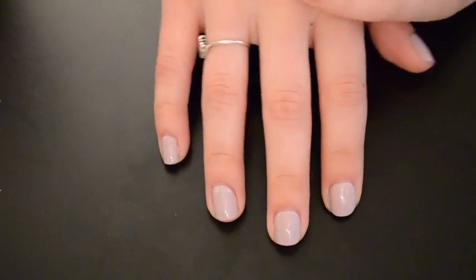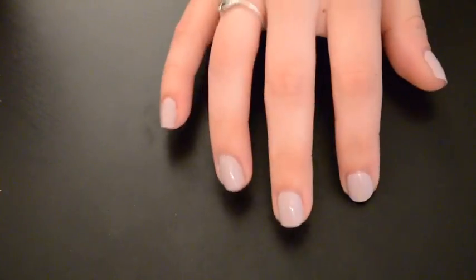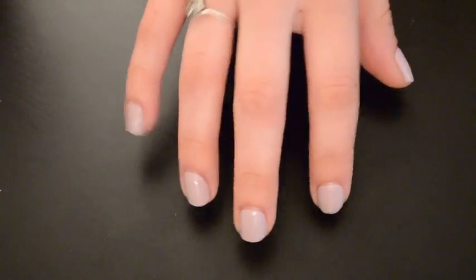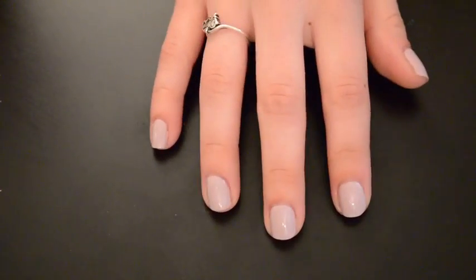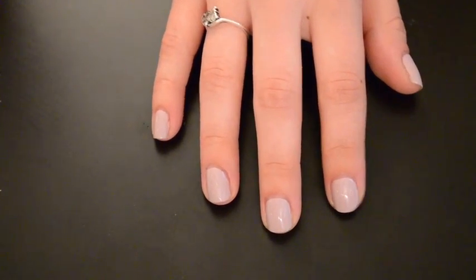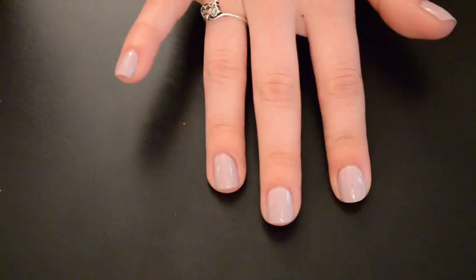Hey guys, so I'm doing a nail tutorial today. I actually have a few nail tutorials in mind for the future, but I'm just going to do this one first because I think this is the basis for all nail art. It's just the best way to paint your nails with no mess and no cleanup at the end. So I'm going to go ahead and get into it, and if you want to see how to do this,